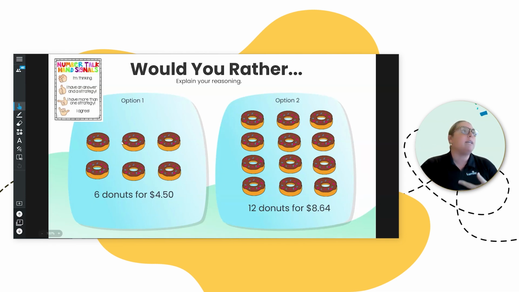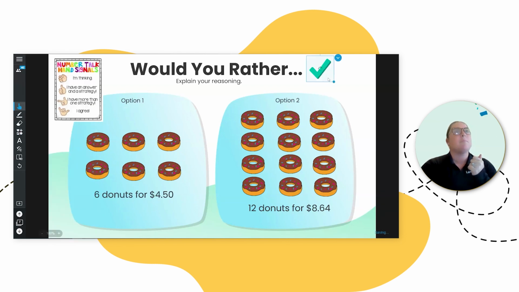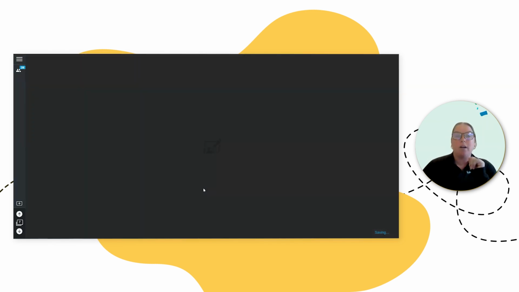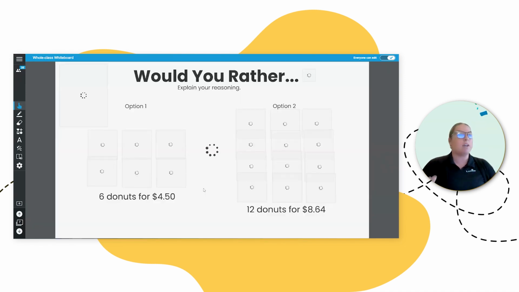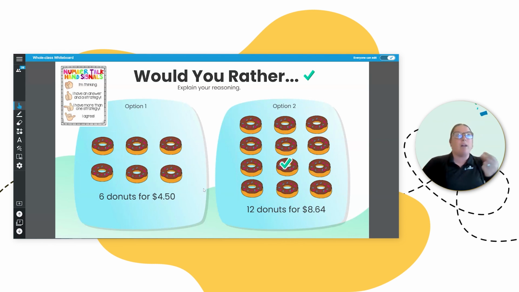So what I also could do is maybe after number talk, maybe I have them number talking to themselves. Maybe I add a check mark. And I quickly just turn this into an infinite cloner. And then I'm going to come back over here into a whole class whiteboard. And you know what? I'm going to have you move the check to which one you think is the correct answer in your mind. So even on the fly, I didn't even think of that idea, honestly, until I was just sitting here. So maybe on the fly, you can add some tools as you go.